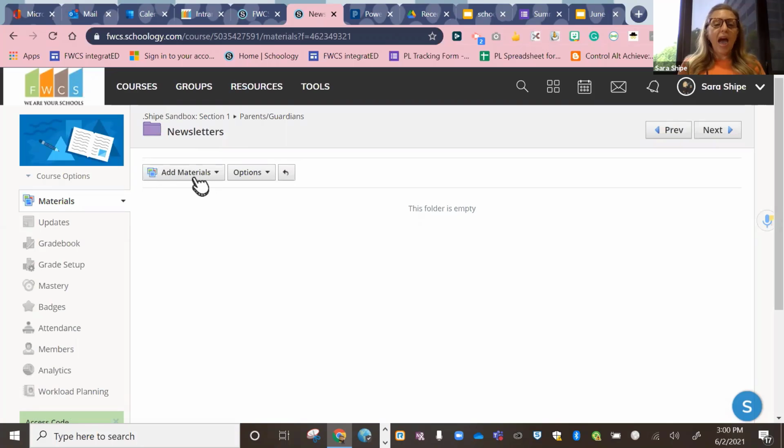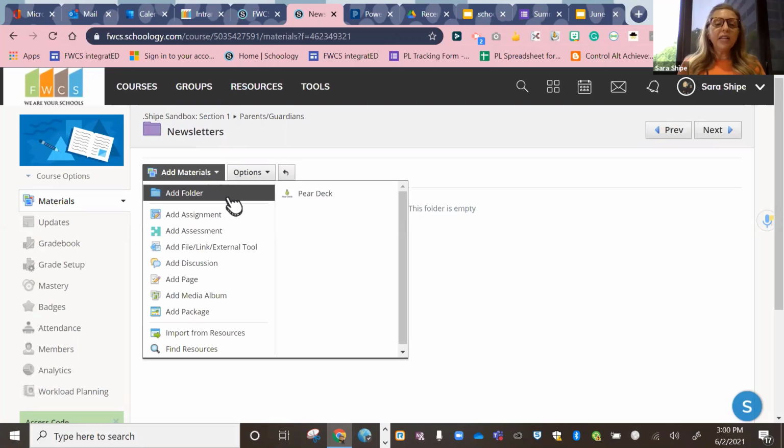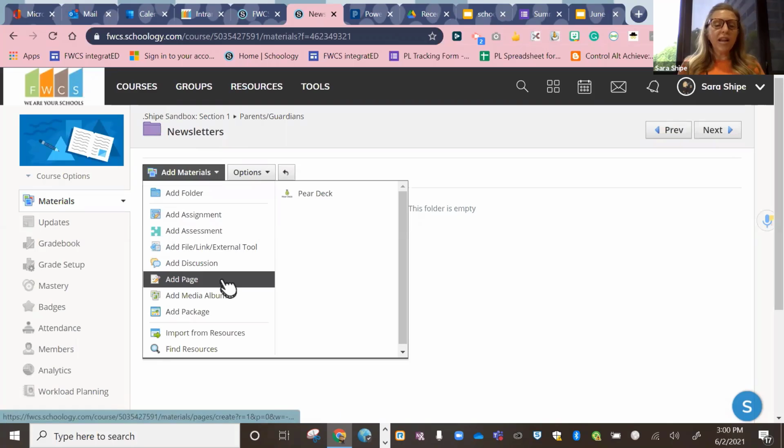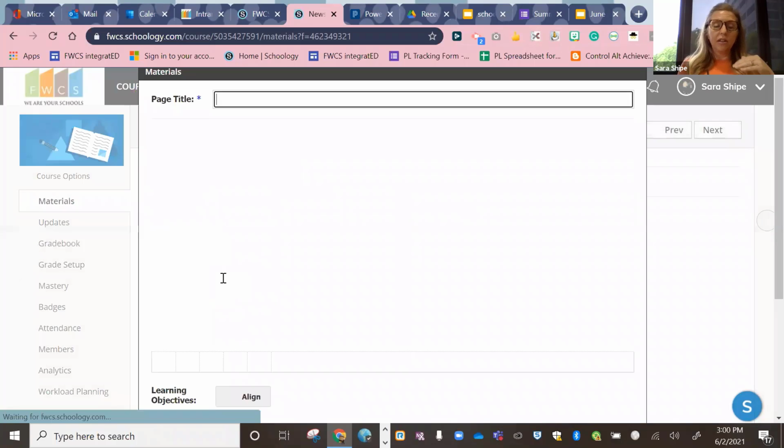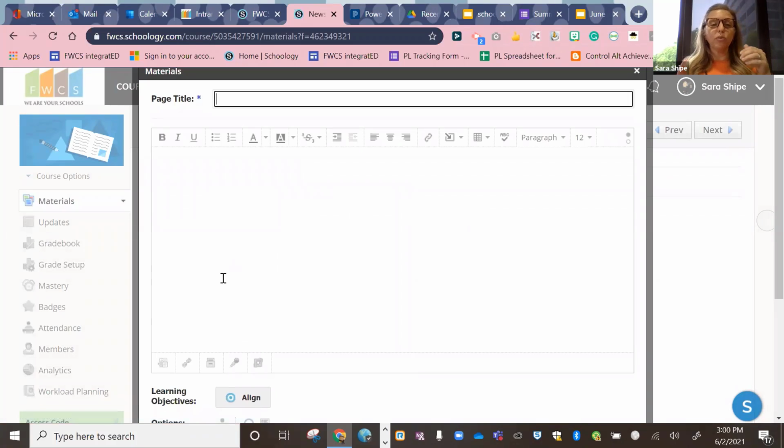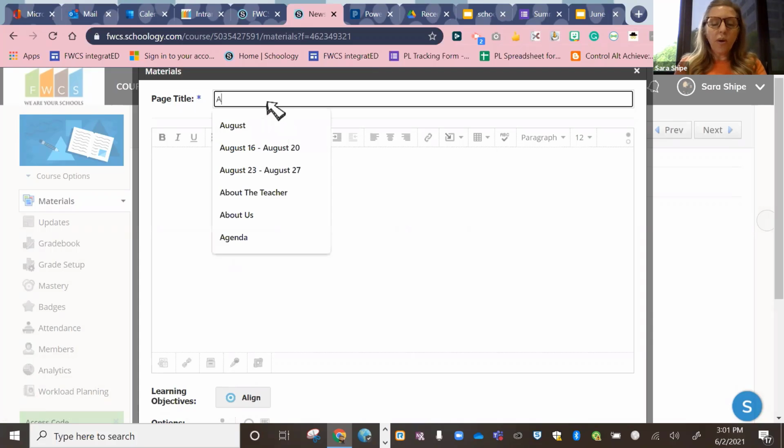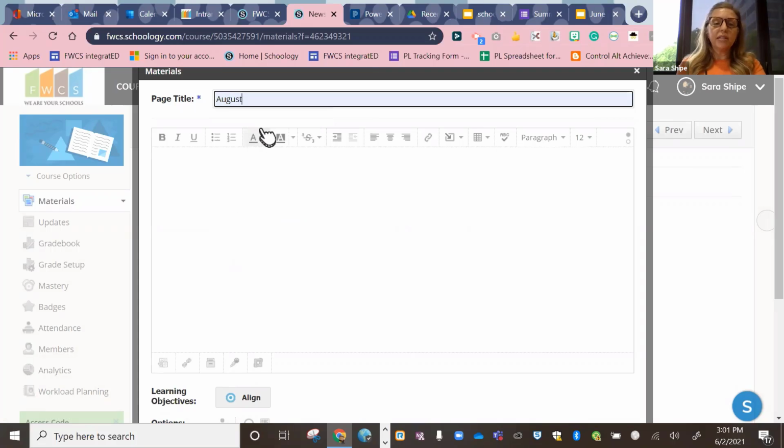So again, I'm going to go to Add Materials. And this time, instead of adding a folder, I'm going to add a page. Adding a page is similar to adding a content block, but when you add a page, you don't have to make the choice at the beginning, like in PowerSchool, if you want it to be a link box or from your Google Drive or a YouTube or what have you. You can do all of that on this one page with Schoology. So I'm going to go ahead and title this August, because I'm going to have an August newsletter that I'm going to send home at the